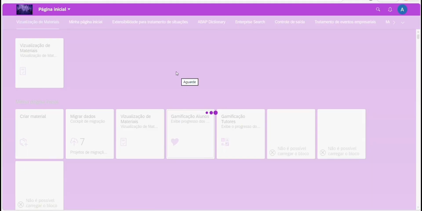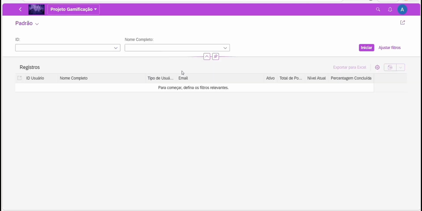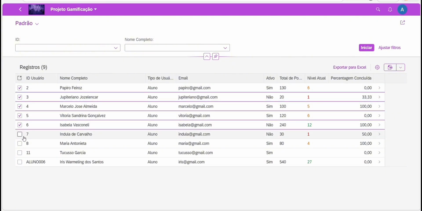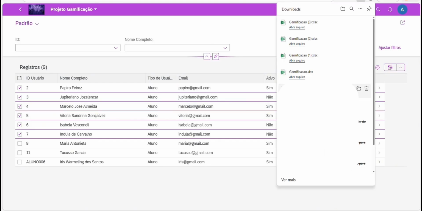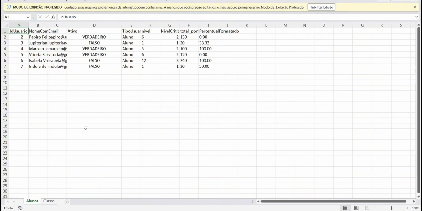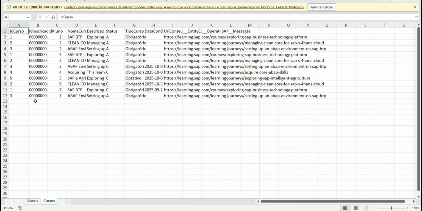Alright, so I have to select at least one row to download it. And let's see. It's working properly with both sheets, the main one and the